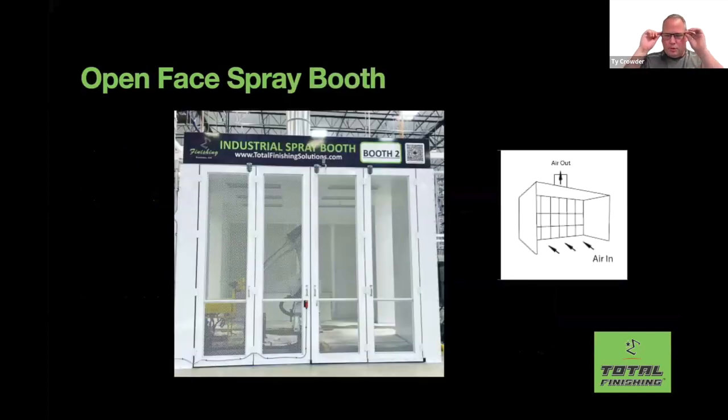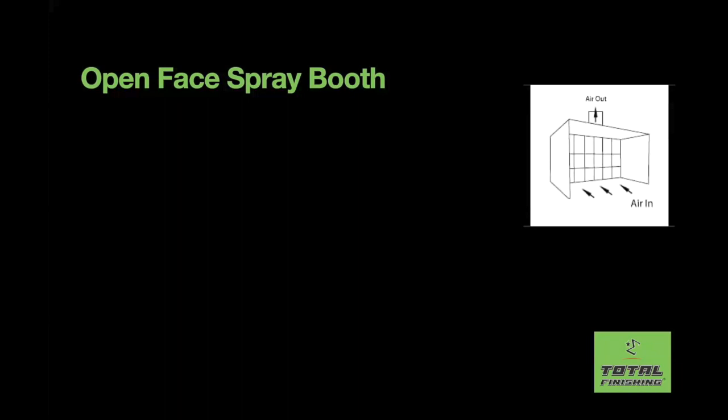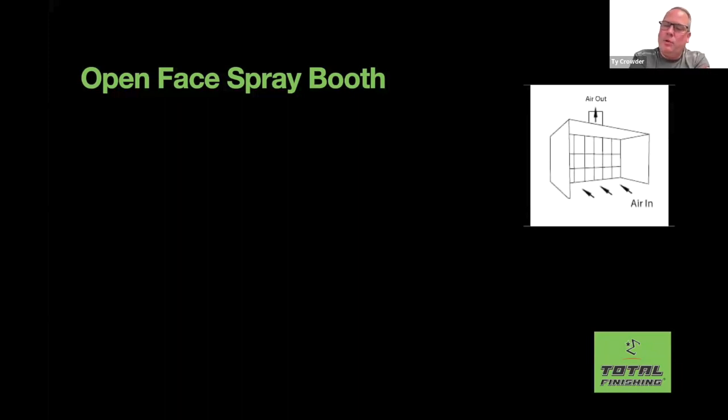Okay, next booth on the list is probably the most common one that we sell in the market for industrial and both wood and metal, and that's the open face booth. Why would an open face booth be legal and a plenum not? Containment? Yeah, exactly. So anytime you put three walls, let's say, like you're making a vent, you're now adding velocity to the air,